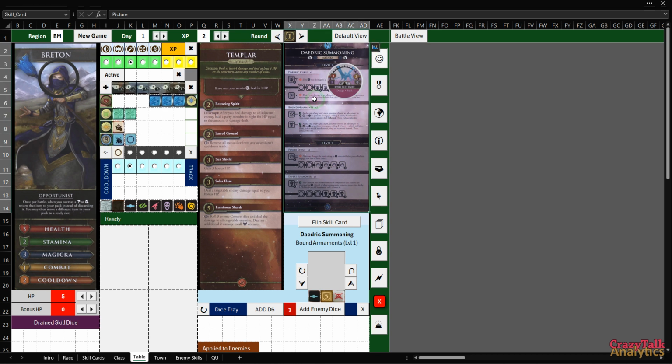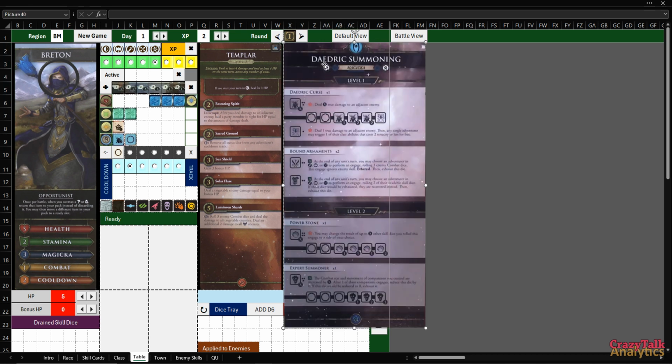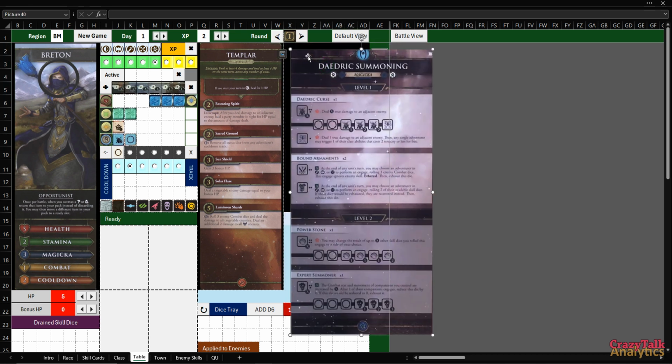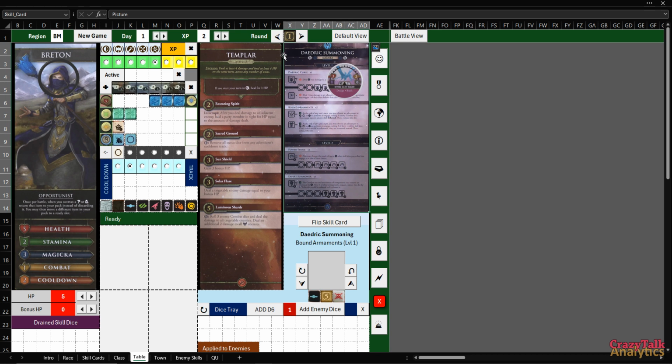When I selected the Daedric summoning skill, I should have set my battle form to magic to match the battle form on this skill card that we see. So caught it before we actually started the first day, which isn't going to be anytime soon,